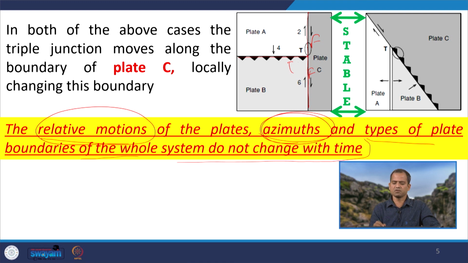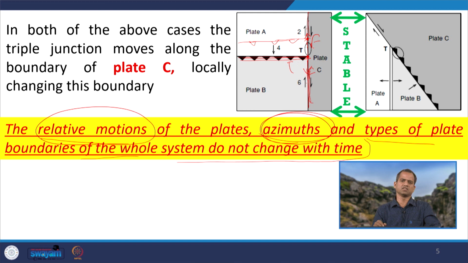Now, if this triple junction is here, either it is moving downward or it is moving upward. In any case, this FFT will remain there. Either it is coming here, that means this trench is shifting to this position. So, here that means this is the triple junction, here it will be FFT. So, that means the orientation of this plate boundary is remaining the same, only the position is changing, that means the